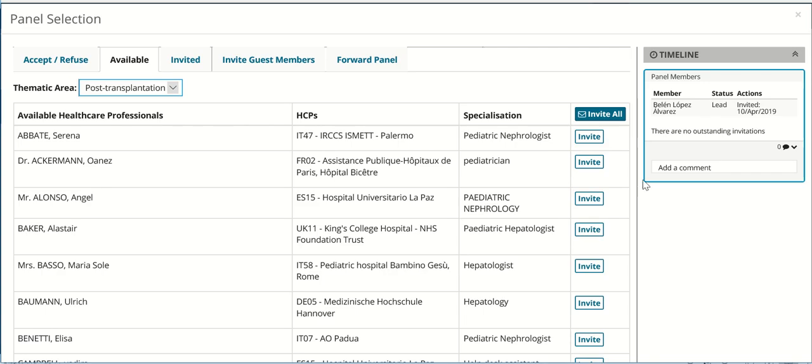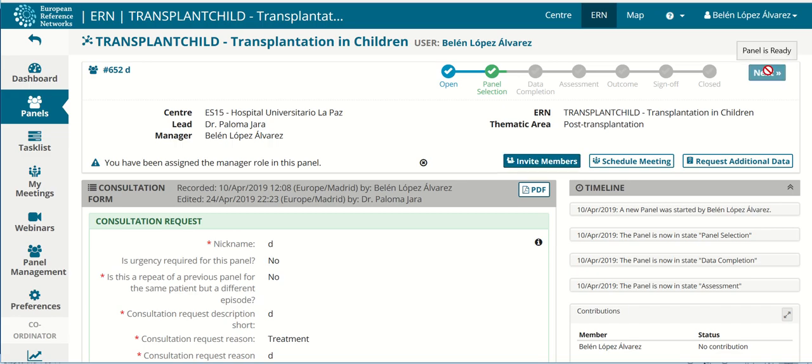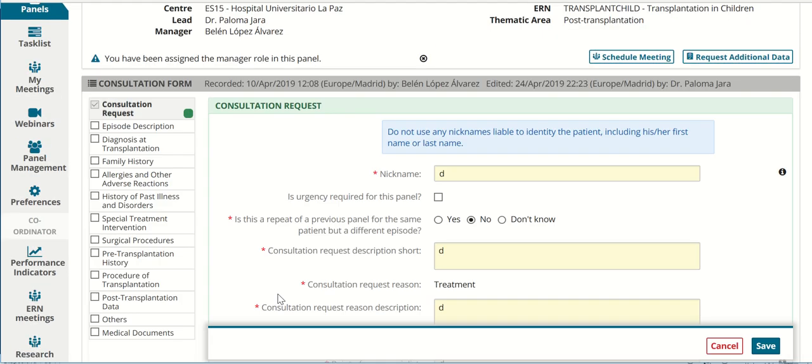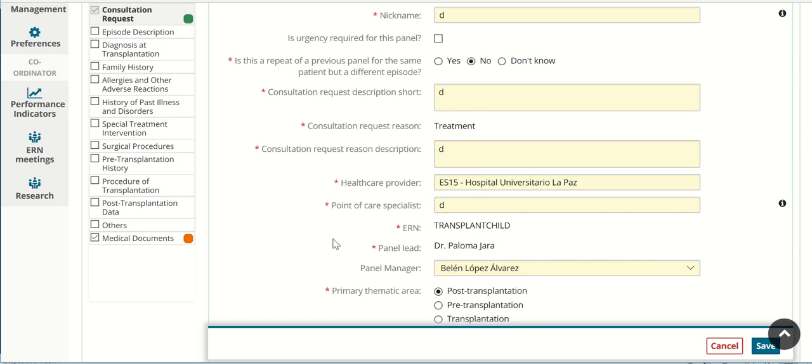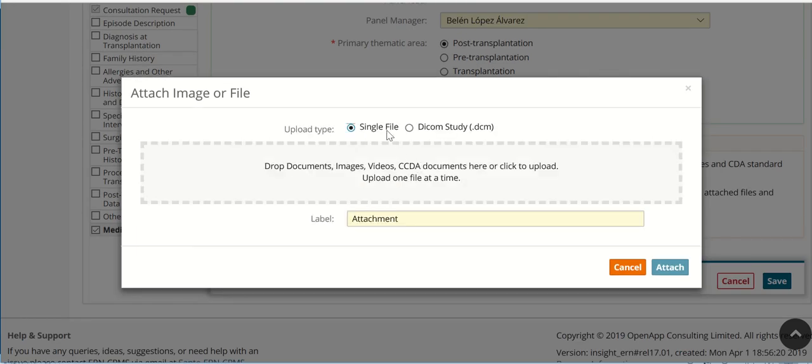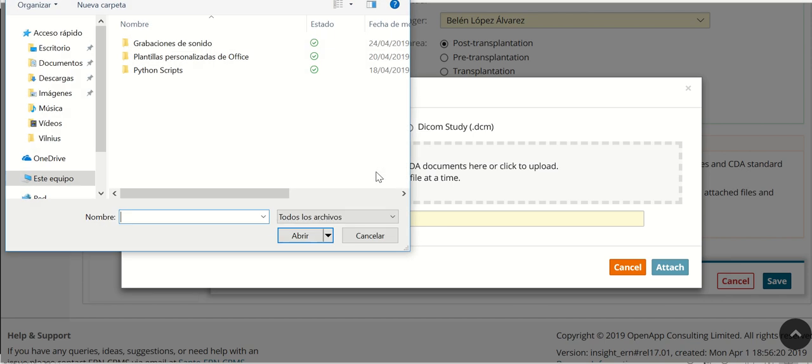For example, if we close this and we go into the data completion, we can see now that there are two ways of uploading the documents. If you click on medical documents, attach file, you will see that there are two ways: single file, where you can upload different images, videos, and different types of documents, and this option that is to attach DICOM studies or medical images. Okay. For example, we are going to attach a single file,